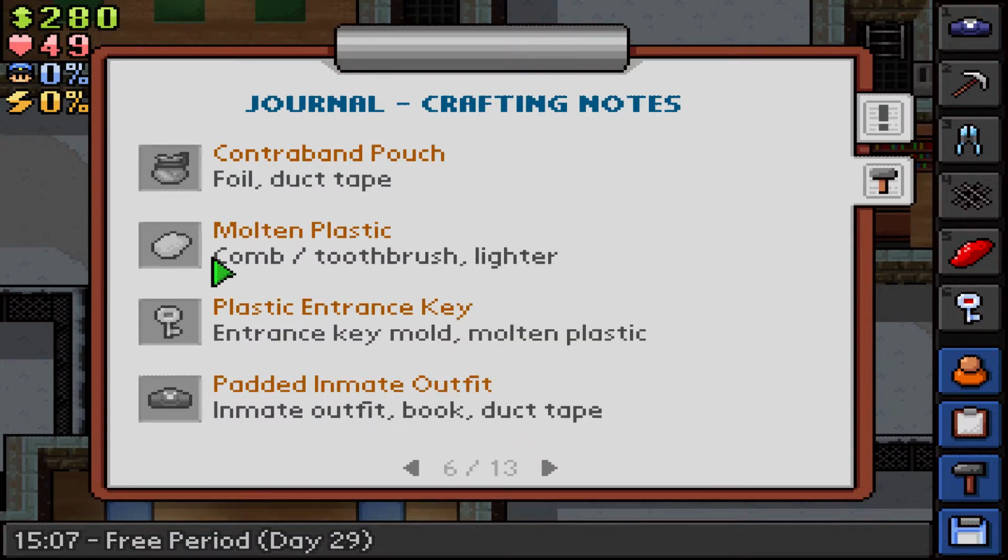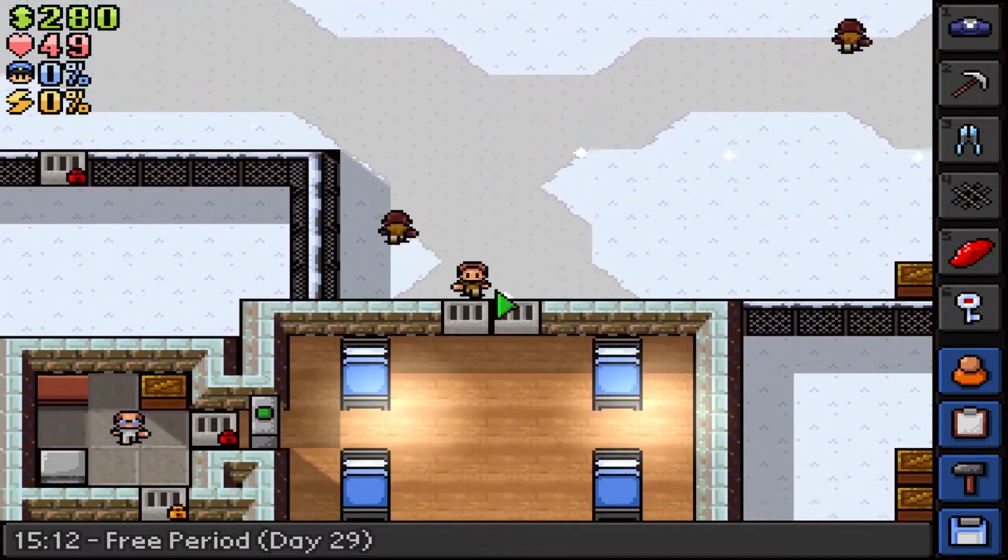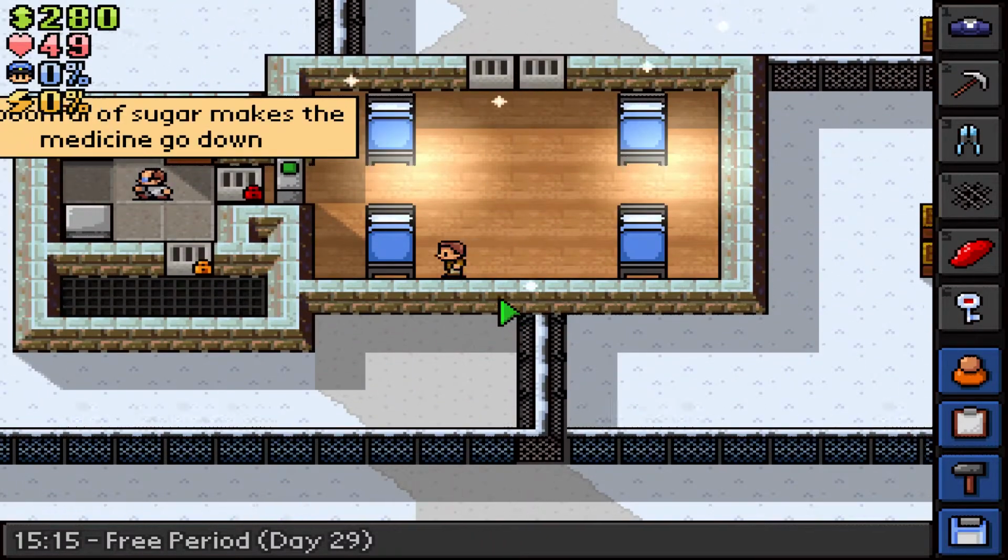But molten plastic is a comb or a toothbrush and a lighter. Put those together and you get any of the keys. It's nice and simple. It's just a little bit difficult to get hold of some of the bits and pieces. But right, okay, so I have also, and here's another option,